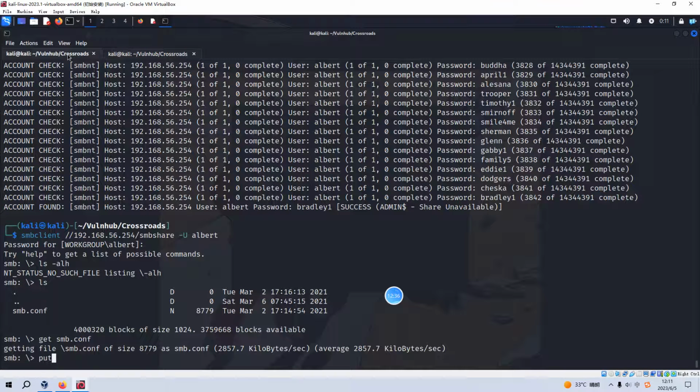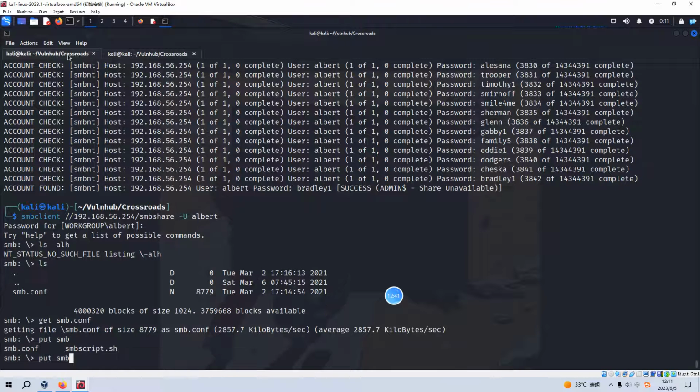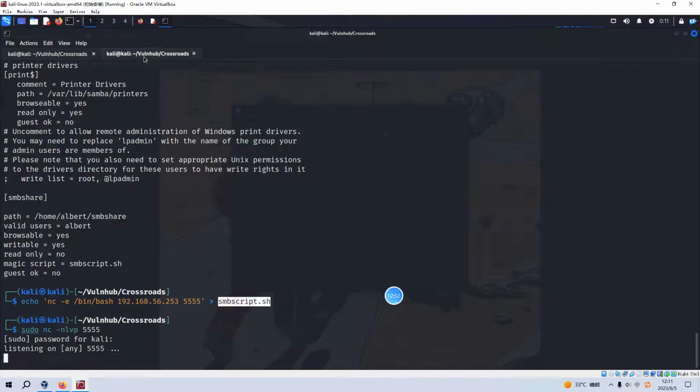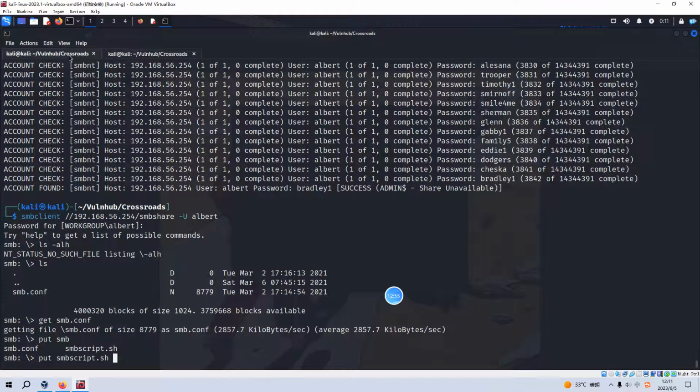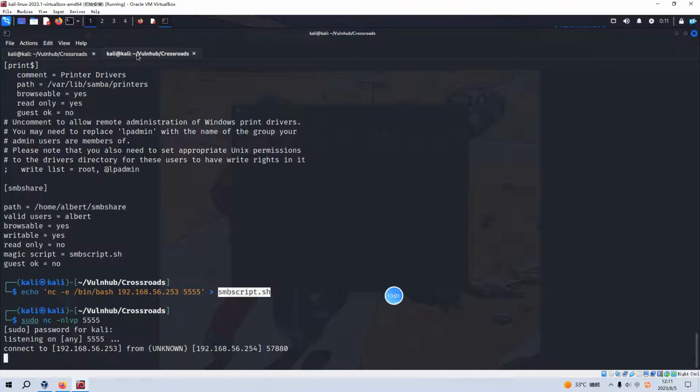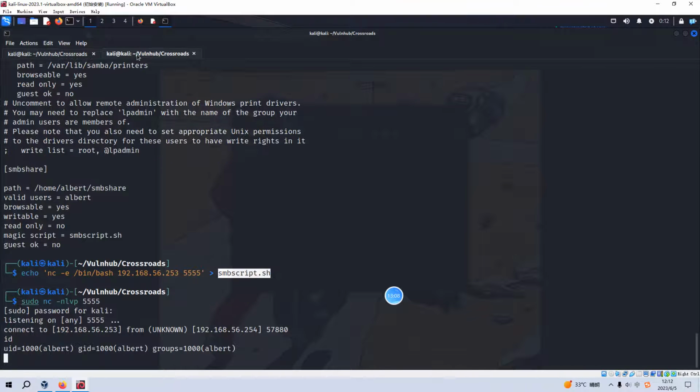We just use the put command, script. But we need to set up the listener first, sudo, and to see whether we can get the reverse shell. Yeah, as you can see, immediately we got the connection from the target,